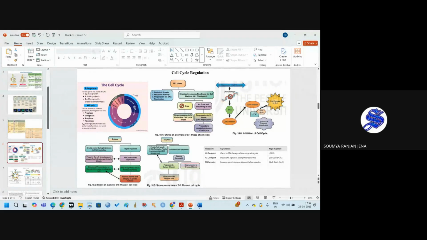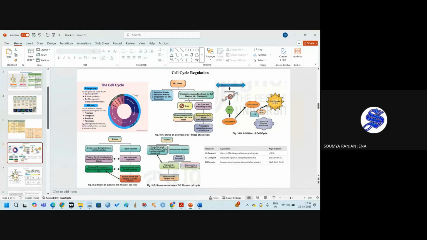And in this G1 phase, it will prepare for DNA replication, and replication will occur in this S phase. Here, all the processes of preparation for replication will happen in the G1 phase. Whether the G1 phase is metabolically active or not will be checked by a checkpoint, the G1 to S